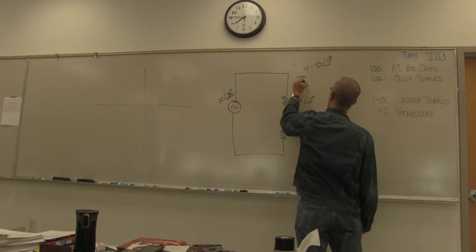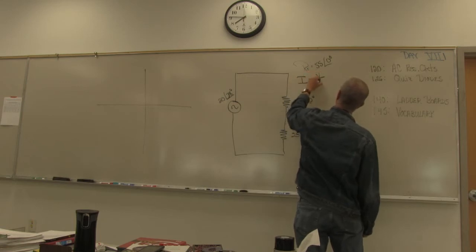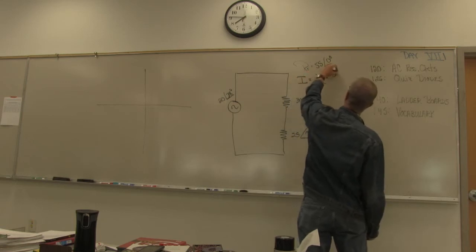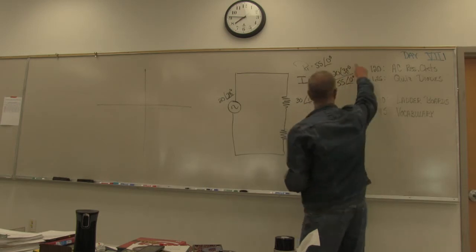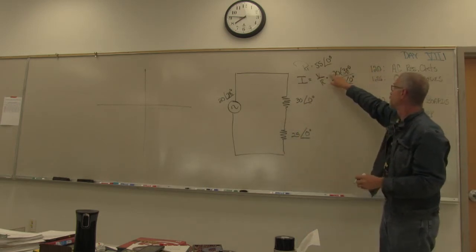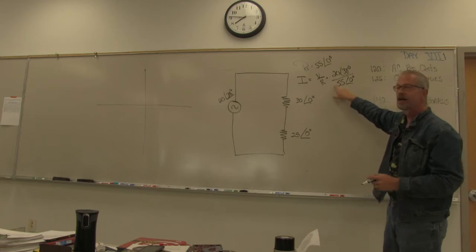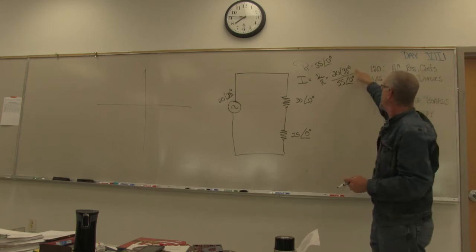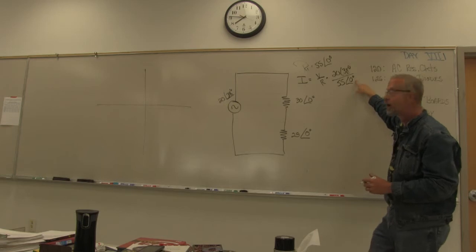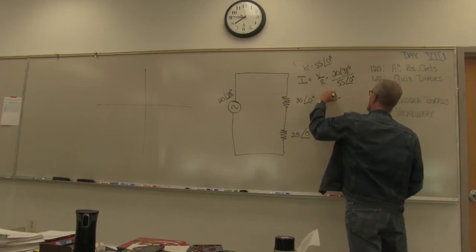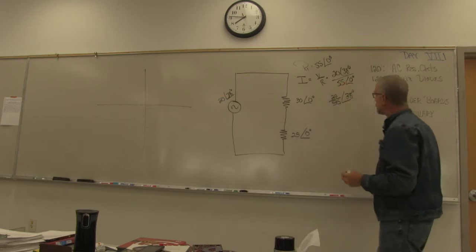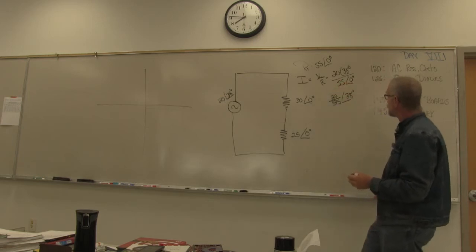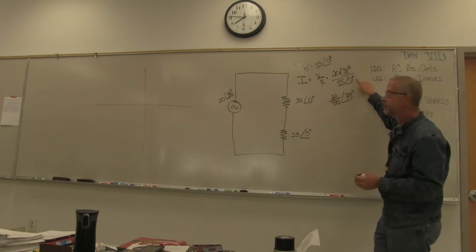So the current, I, is equal to V over R, which is 20 at 38 divided by 55 at 0. Okay, so if you notice, we'll do the 20 divided by 55, and that gives us our current. But that will end up at an angle of what? 38. Because you subtract the angles when you divide. That's right, so it'll be 38 minus 0, right?